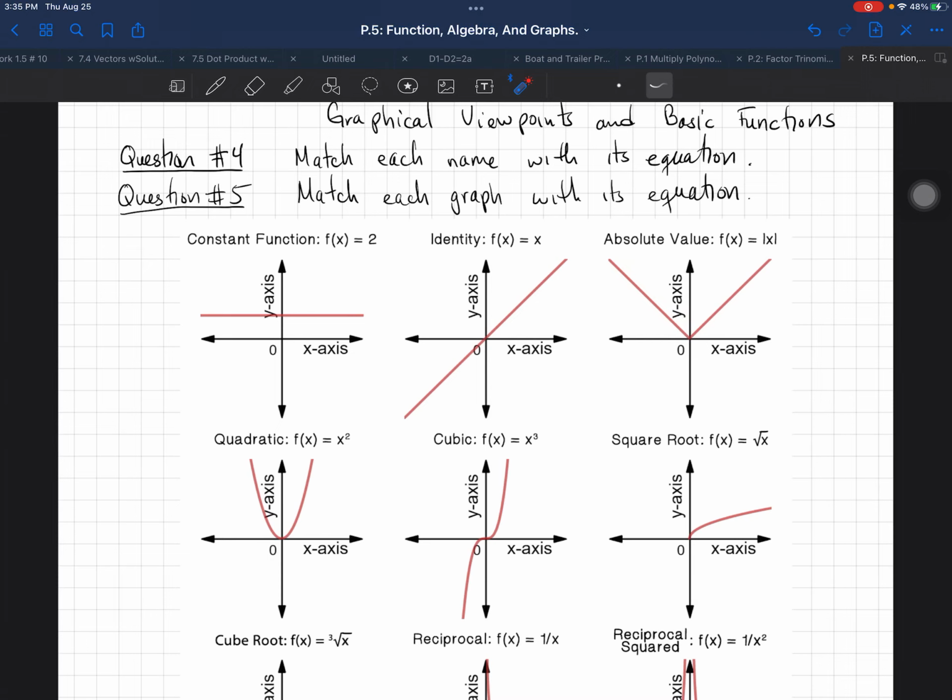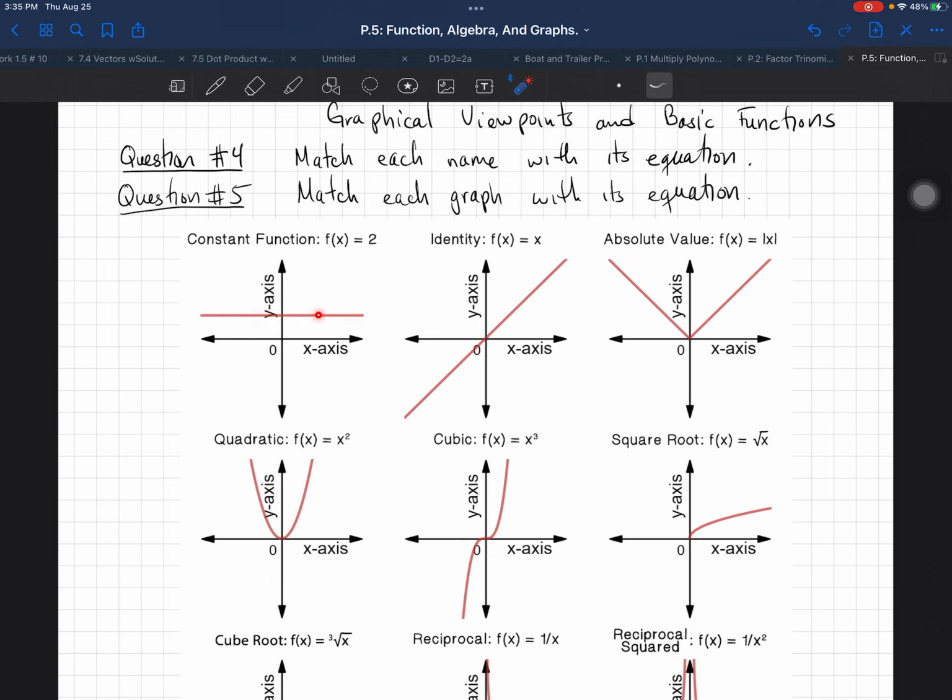and what we want to also remember is what does it mean to be f of x? F of x replaces the y value, right? So we can write it in both ways. We can say f of x equals 2 or y equals 2. And when we look at the graph, we know that this is our y-axis and this is our x-axis. And every point on the line